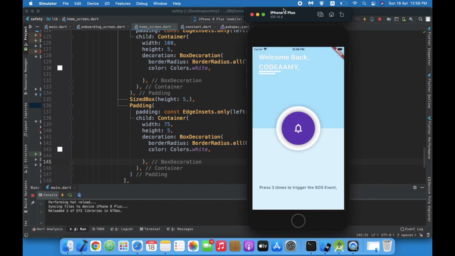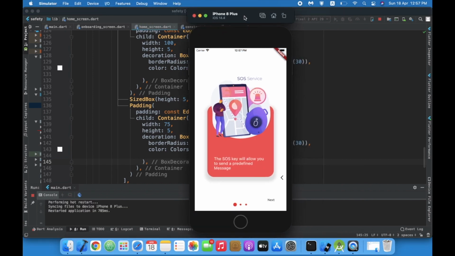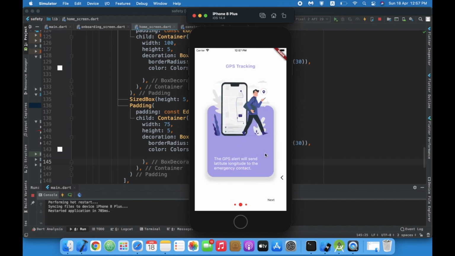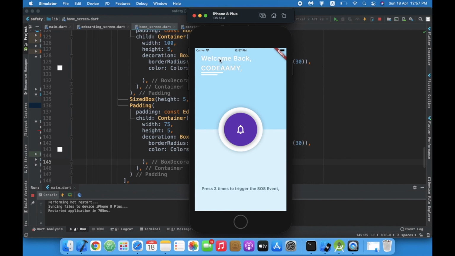And then with our application. So this is our application which you can see. Let us go from this start. I'll hit the play button again. Our onboarding screen, GPS tracking, SMS alert, go to app, welcome back Codemy, press 3 times to trigger the SOS event, SOS button pressed, SOS button pressed, and SOS button pressed.